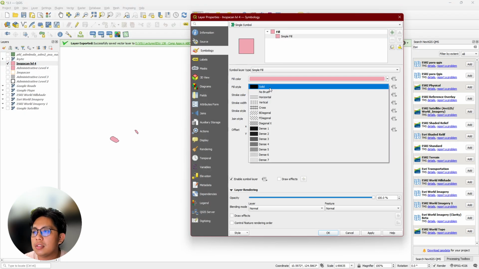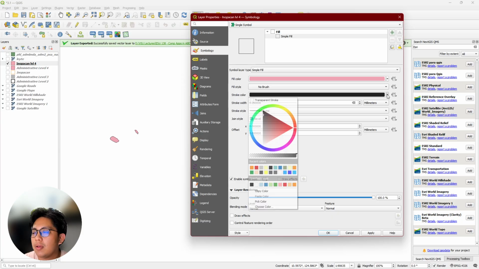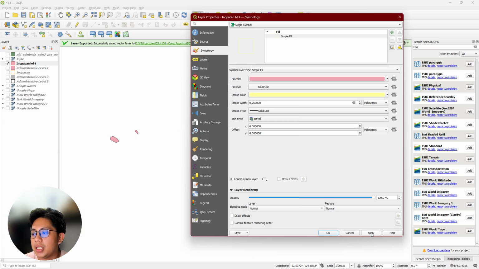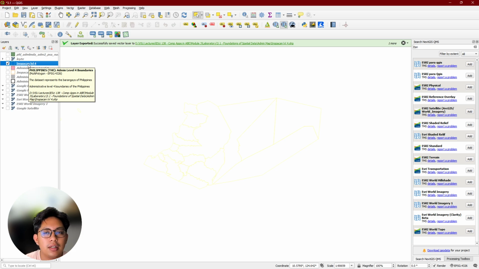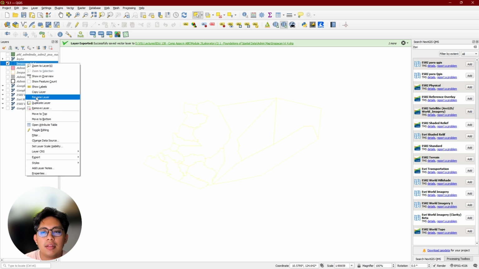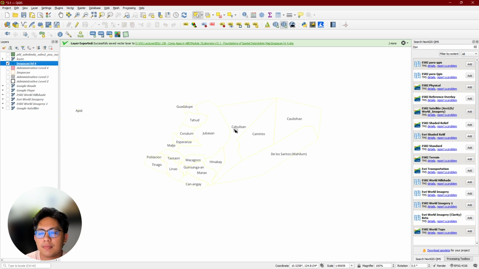No fill with yellow boundaries. Simple as that. You can overlay it on your Inupakan one, but there's the label. So I'm gonna go back here and then show labels. So now